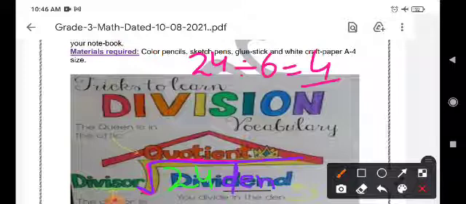Then there comes a number to the door wearing a visor. What is a visor? It is a helmet, a cap, okay? Because it is a sunny day outside, the divisor comes and knocks at the door to divide this large number 24, that is the dividend. So what is the divisor? It is the number who is at the door with the visor, a cap. A cap we will denote by this sign, and it is going to divide 24.